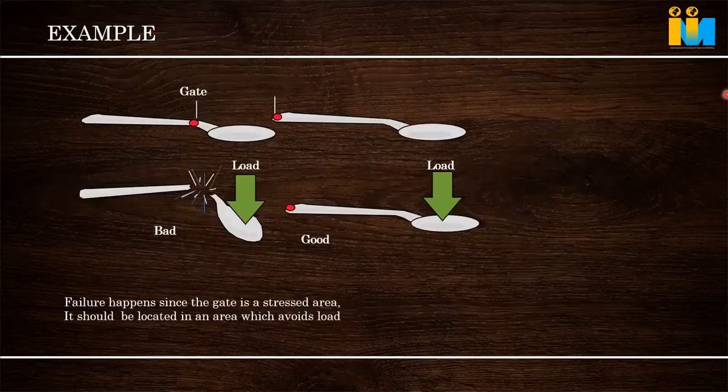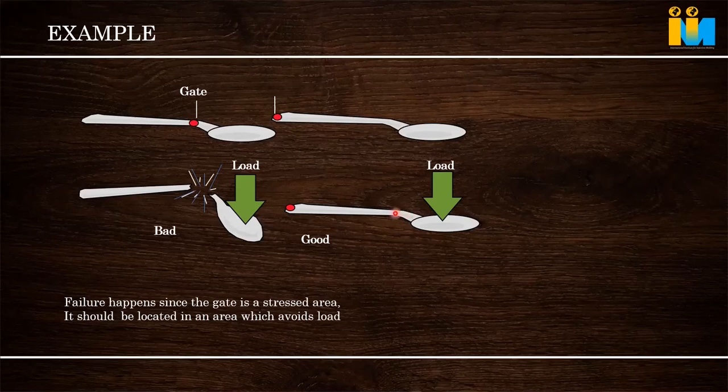See, this is a typical example. Hope you can see my spoon. In this spoon, the gate was given in the center, near the area where we take the food load, and this is the same area where load happens. We hold the spoon here, and the gate is here, where loading happens. I told you the gate is very difficult to control, and this tends to get overpacked. The molecules will be tight and try to open up, and the same area gets the load in the spoon. So what happened? It cracks. In this case, we shifted the gate to an area where load will not come.